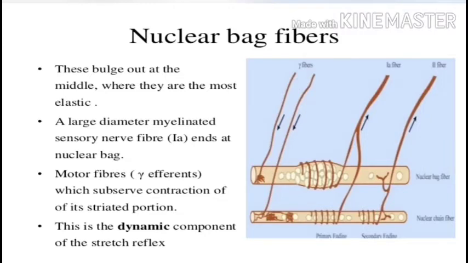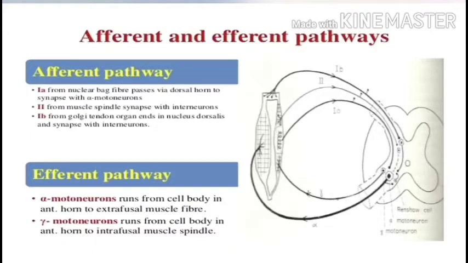Whenever there is a stretch in the muscle, say a sudden dynamic stretch, what happens? The information goes via the 1A fibers. They enter via the dorsal root ganglia, via the dorsal horn. Then they come to the anterior horn cell of the spinal cord. From there, there is release of the final common pathway, and this comes to the effector organ, that is the muscle. There is finally contraction of the muscle.